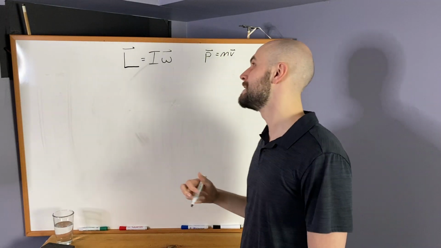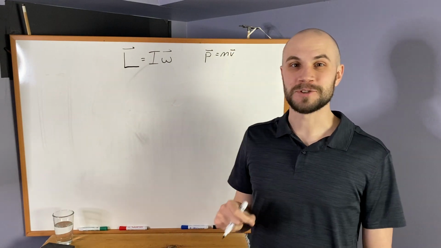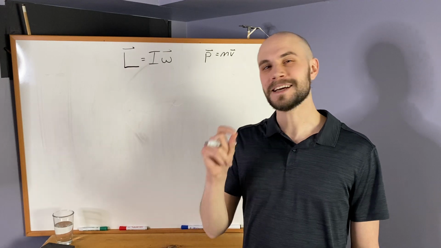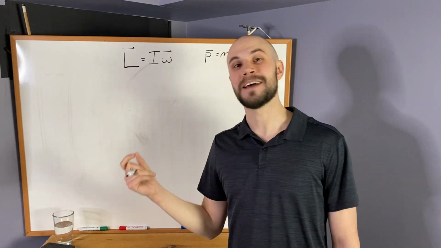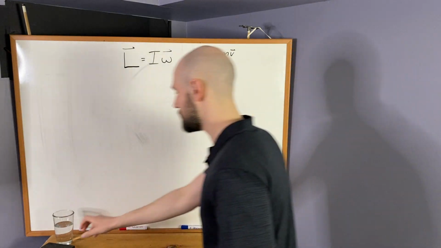Something I want to talk about today is that you could have an object with linear momentum, and depending on how you look at it, it could have angular momentum instead of linear momentum. What do I mean by